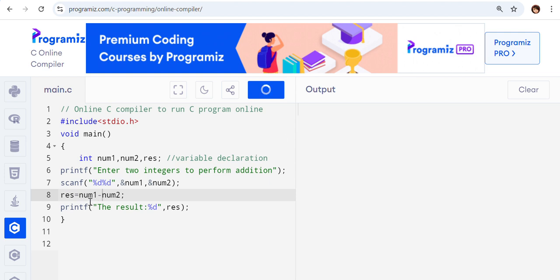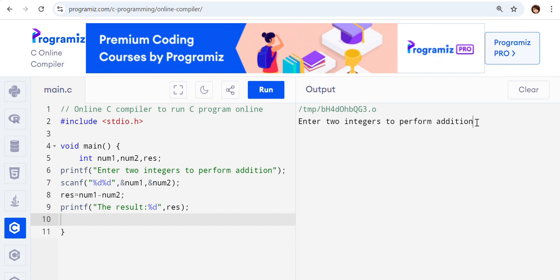So I have just changed it to minus. So now we are just performing the subtraction. We'll just get the numbers from the user and perform the subtraction. Now we are asking for the input, so we'll just give 7 and 5. You can just see 7 minus 5, we got the result 2.